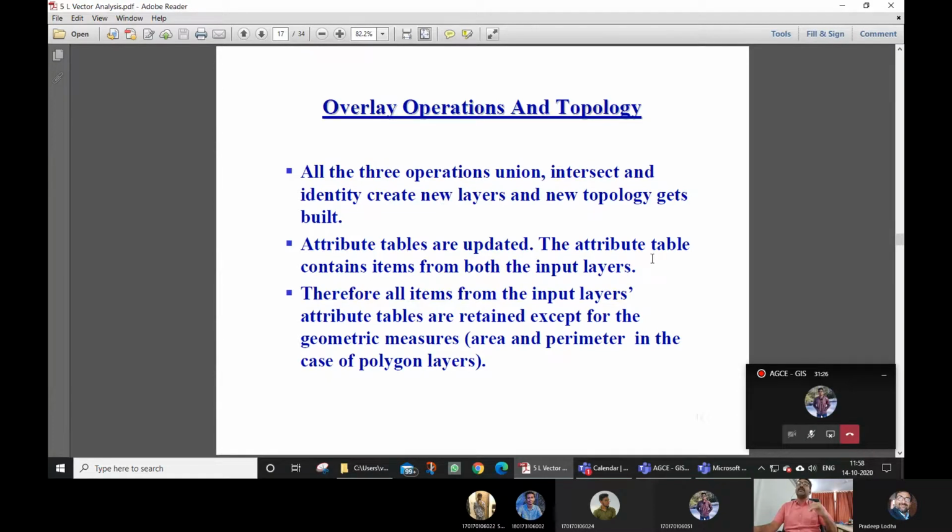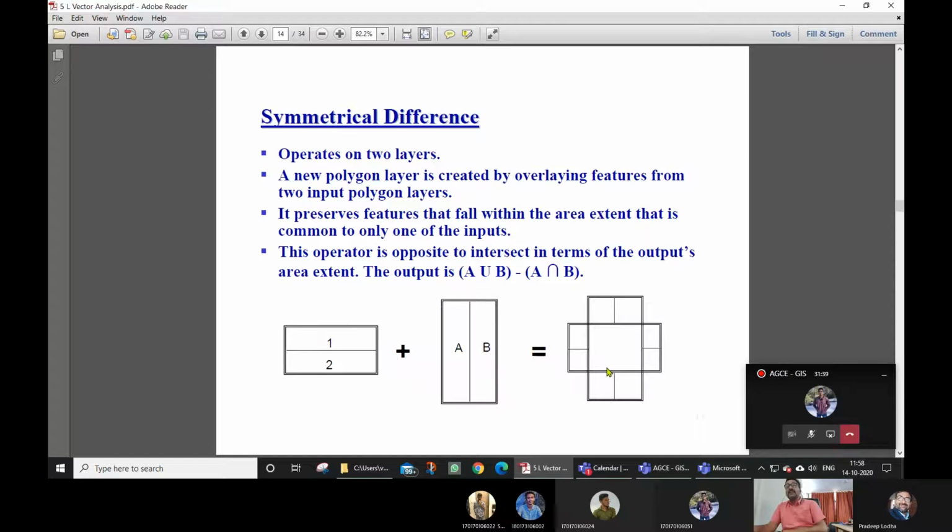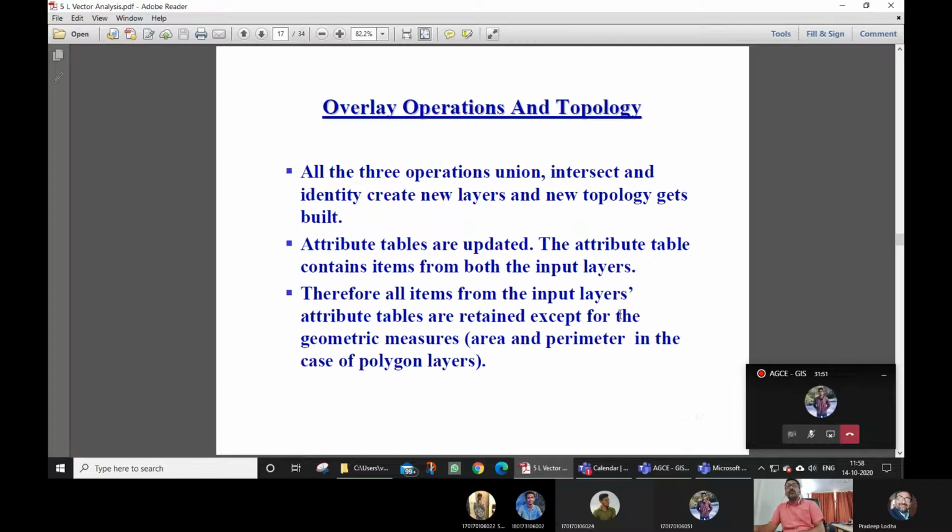Attribute tables are updated. The attribute table contains items from both the input layers. Are you getting it? Even in the previous example, there are things from layer 1 here and from layer 2 here, and likewise in the previous slides' operations. Therefore, all items from the input layers' attribute tables are written, except for the geometric measures, which I have mentioned, that if intersection or their kind of updating or